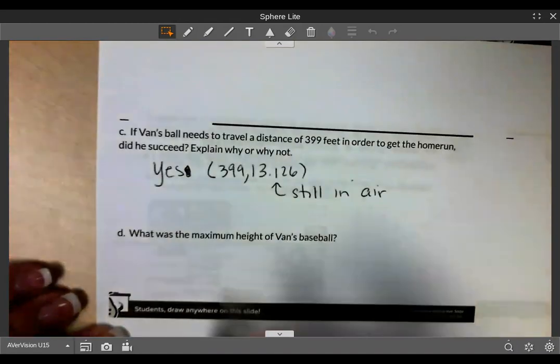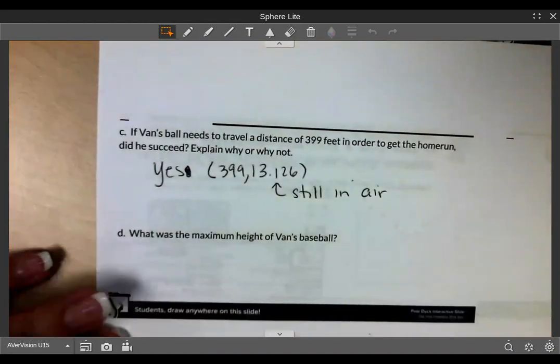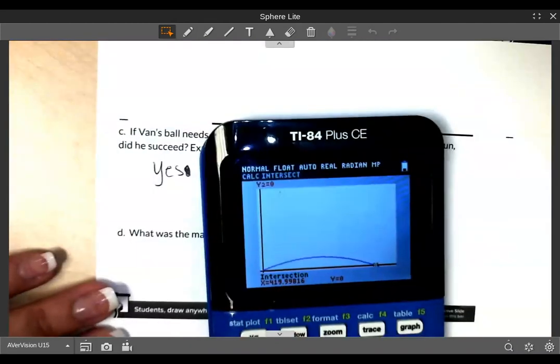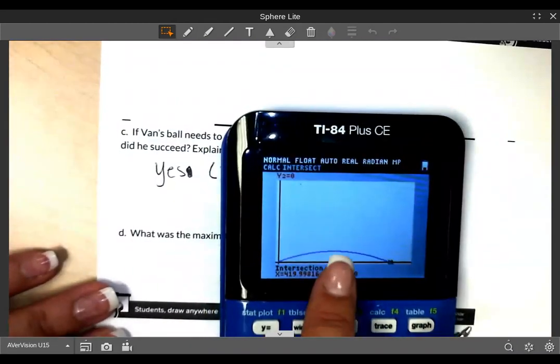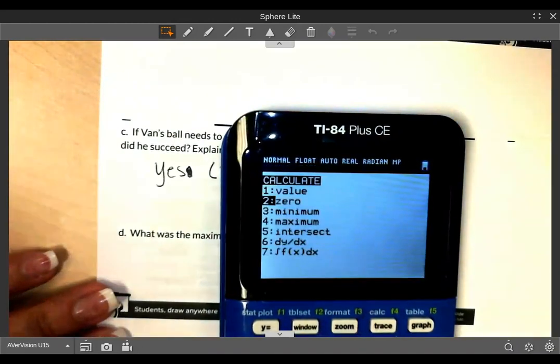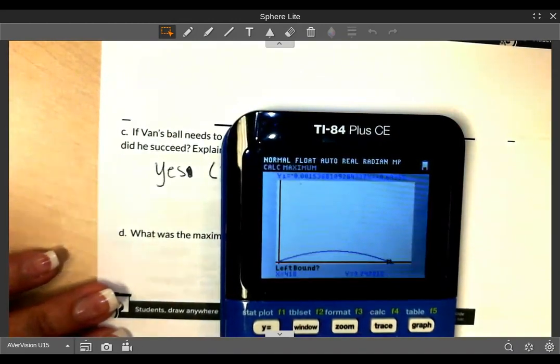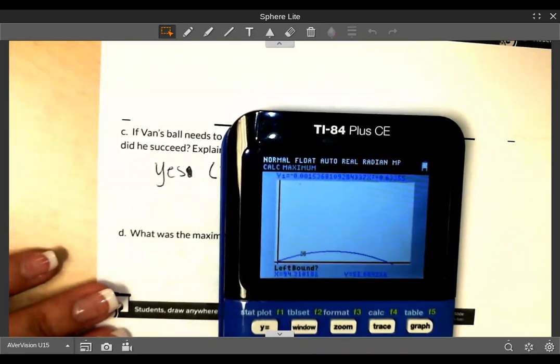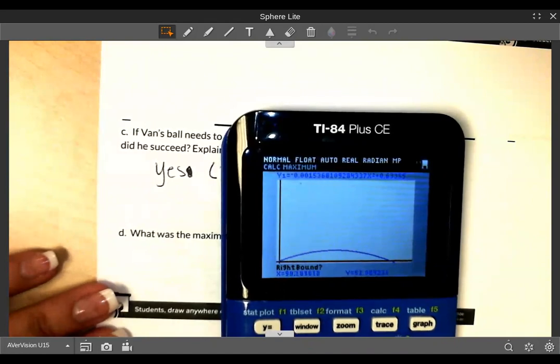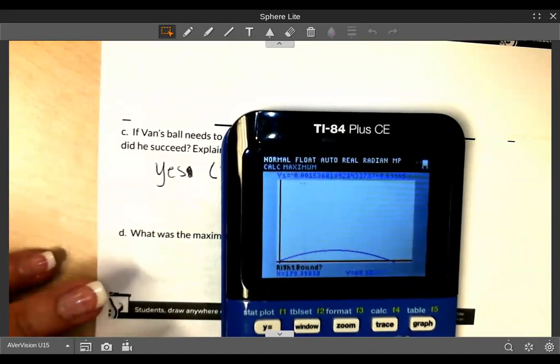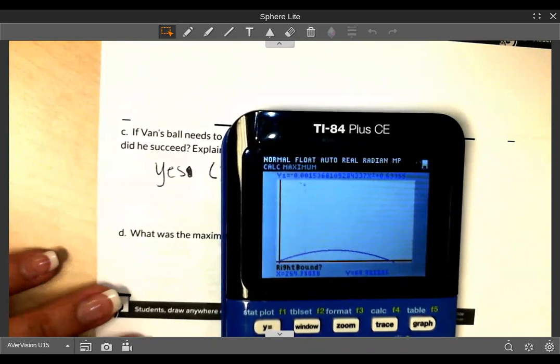All right, there's also another question here. What was the maximum height of Van's baseball? Well, since it's in my calculator here, I can use that to find that vertex right there. I hit second trace, maximum, and I'm going to go somewhere on the left, and then again somewhere on the right, since it says left bound, and it's going to say right bound in a second. So I use my cursor to go to the left. I hit enter. Now it says right bound, so I'm going to go anywhere on the right. You want to make sure you go all the way around the curve, and then just anywhere on the right. Enter, and then enter for that guess, and there it is at